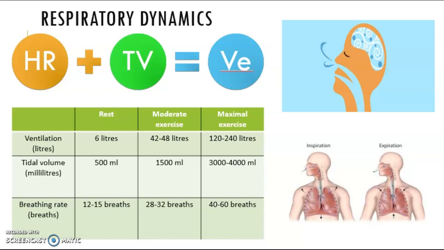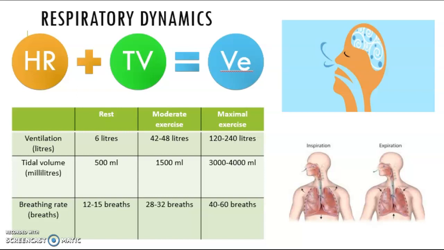This means that for these changes to happen, our heart rate and stroke volume values must increase. At rest, our breathing rate is low at around 12 to 15 breaths per minute. However, during moderate exercise, these values increase slightly to around 28 to 32 breaths a minute due to the higher